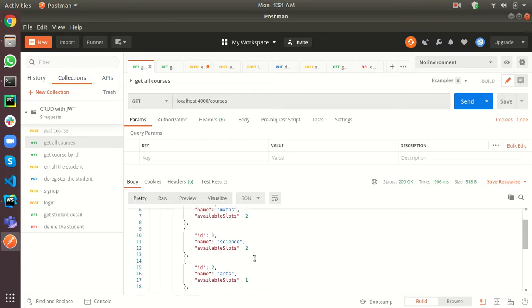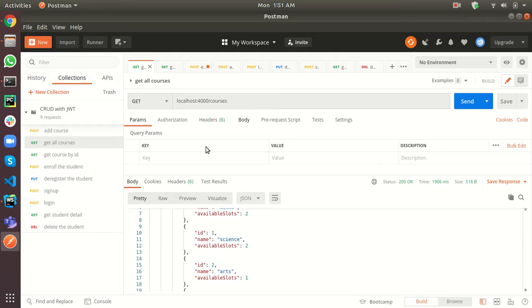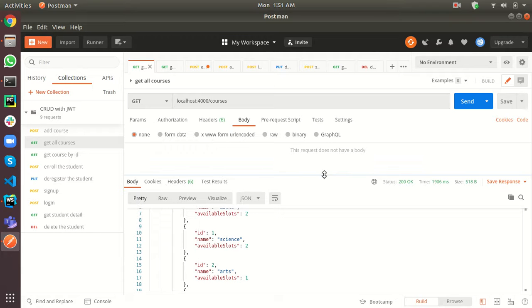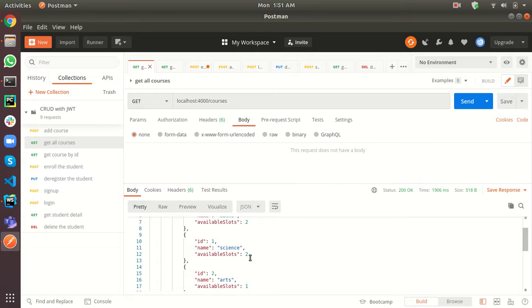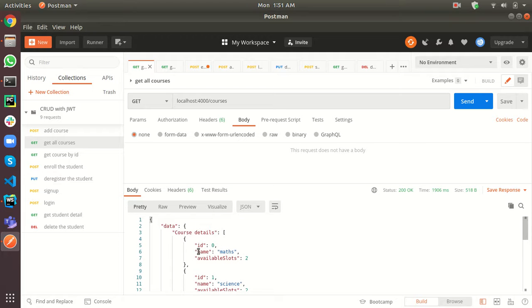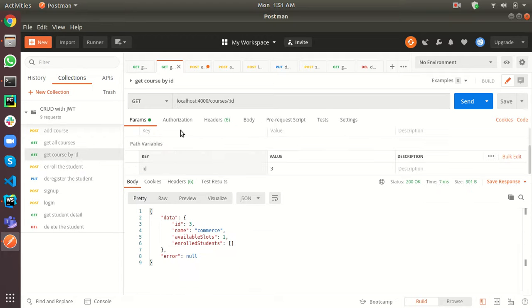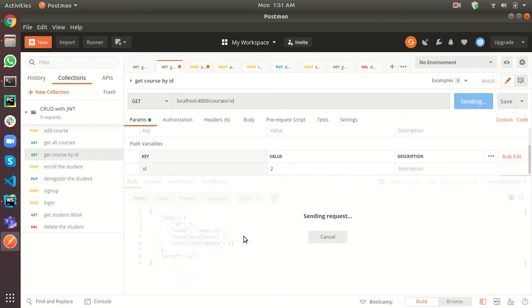And if we want to view a specific course by ID, we can use get course by ID, and from parameters I can pass a value 2 or 1, the ID of the course we want to see.